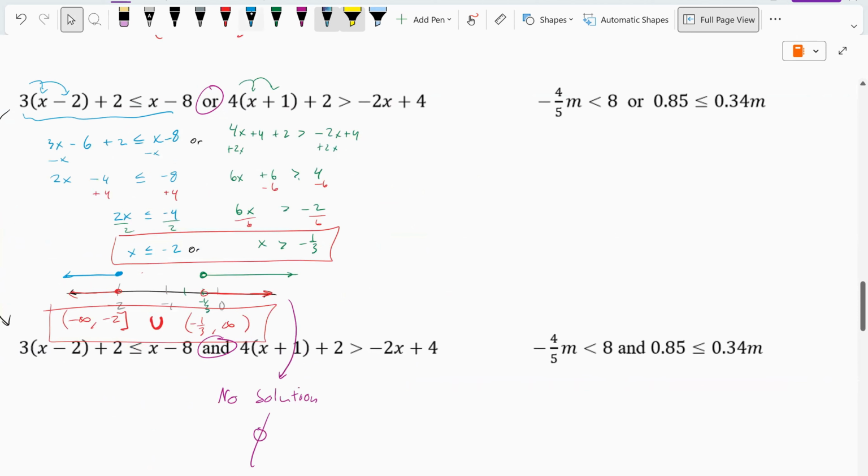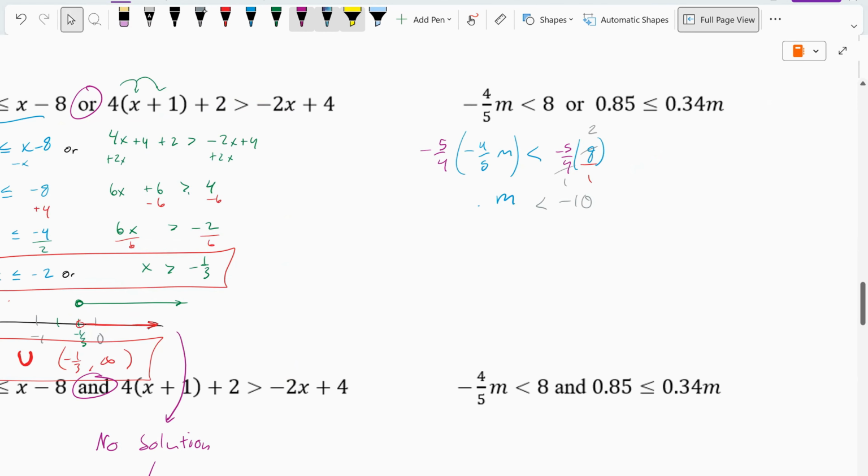How do you isolate m? Good. Multiply both sides by the reciprocal, which is -5/4. So that cancels out with the -4/5 to make 1, which means 1m. We get m by itself. Oh no, I made a terrible mistake. What have I done? What have I done? I don't know if I can trust you guys to catch my mistakes. Yes, I multiplied by a negative number. I must flip the inequality. m is larger than -10, or, oh, this is